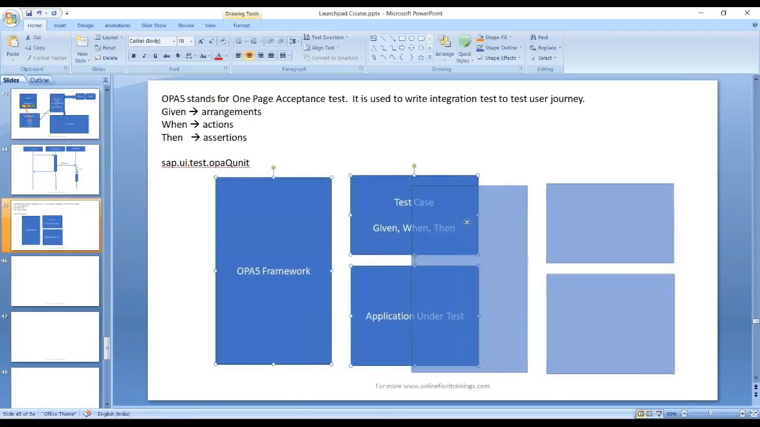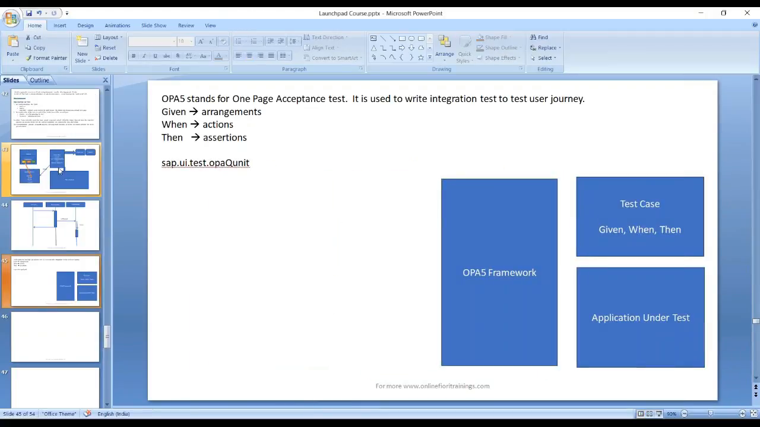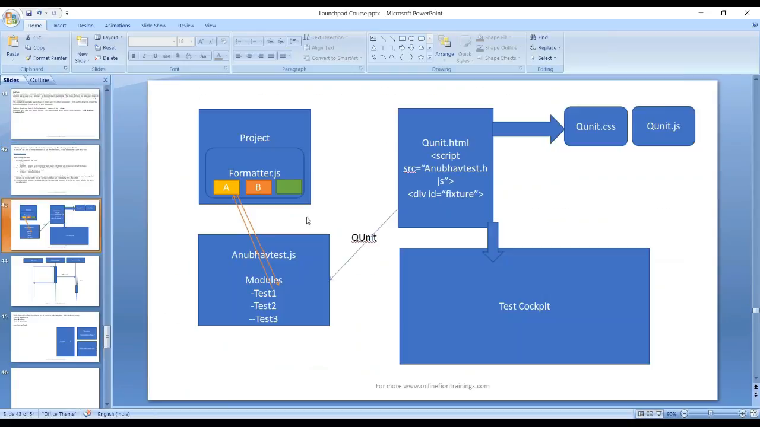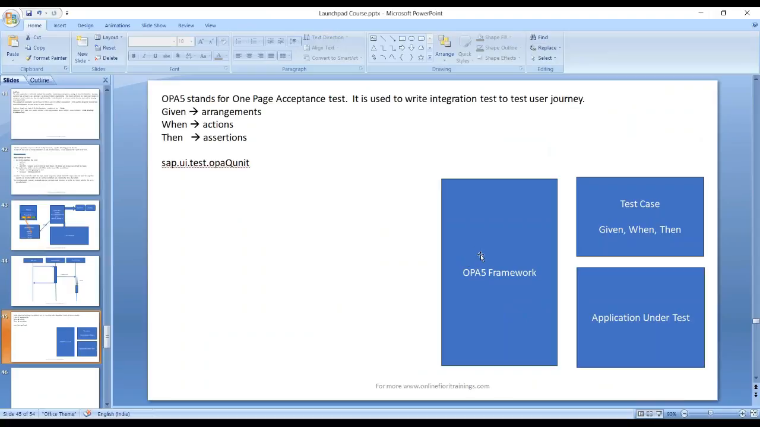Just like we learned some time back about QUnit, to do testing using QUnit we needed certain entities. We needed a QUnit HTML. We needed to bootstrap the QUnit JS and CSS. We get a test cockpit where we can see the result, and we have a test case file where we have all the tests defined. Similarly, in this case, we need to first load the OPA5 framework as part of an